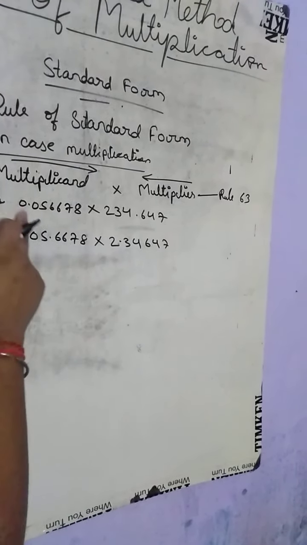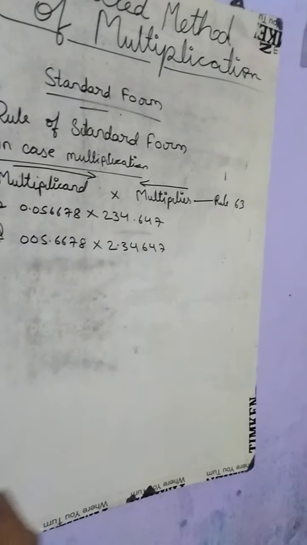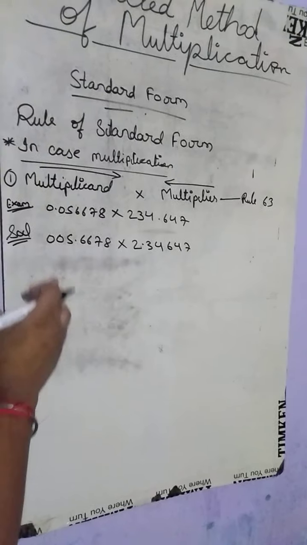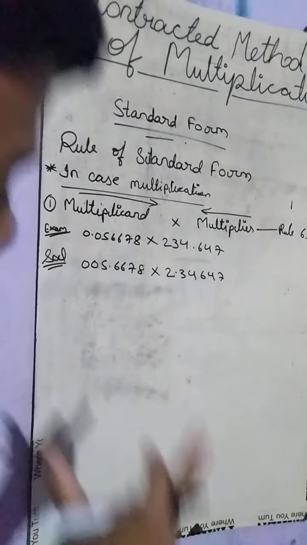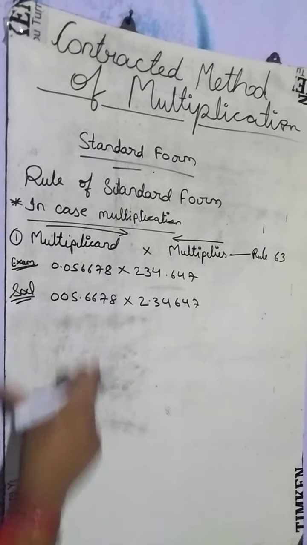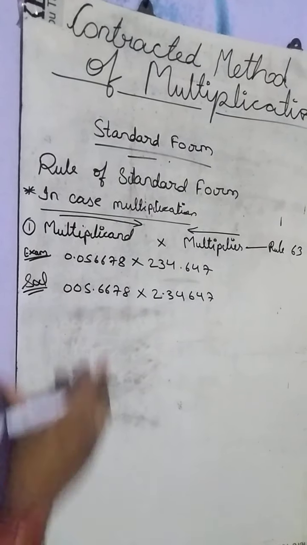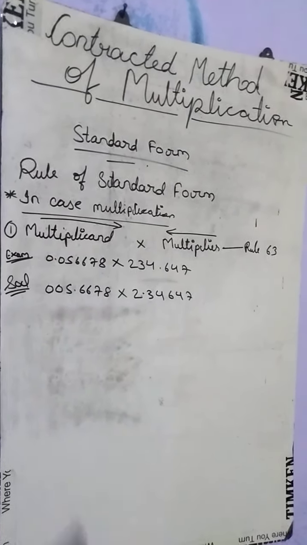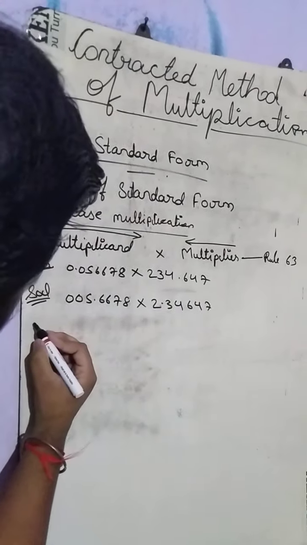So similarly we are going to decrease 2 number. 0.056678. We have increased 2 number, so in this case also we will decrease 2 number by the decimal point. So friend, 0 is already there. We are taking the point over here. So it becomes 0.6678. So friend, this is the first rule, and the second rule we are going to discuss.